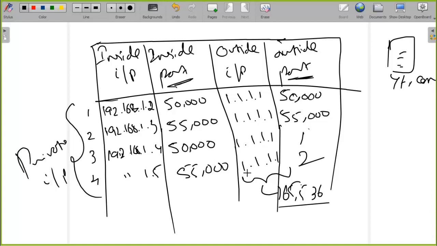But this is only a sample. In real time, each and every PC will be establishing some 50 connections, which means we'll be using some 50 port numbers at a time. So just imagine how fast the router has to work. That is where the routing power comes in. That is why some cheap routers sold in the market won't be able to handle such heavy, bulk requests coming from a lot of devices. Suppose you buy a router for some 500 rupees, which is available on Amazon, such routers will be able to connect up to 2 or 3 PCs without any issues.